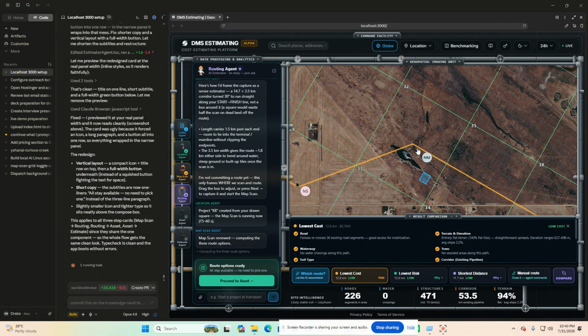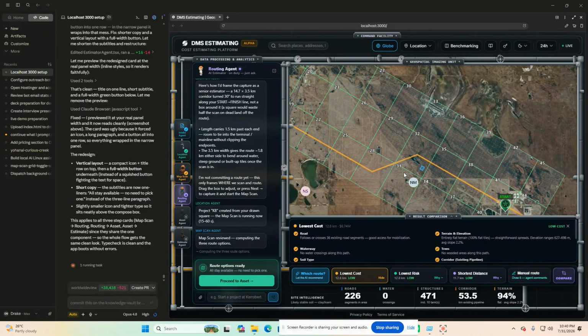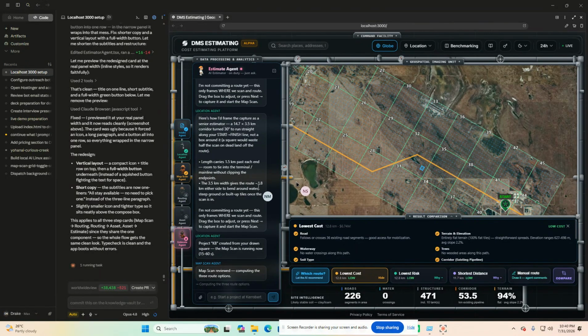Or does it revise the estimate, right? For now, Tito Noel, this is for the routing. We can do that once we finish the routing stage, maybe in the estimating agent. Okay, I see.